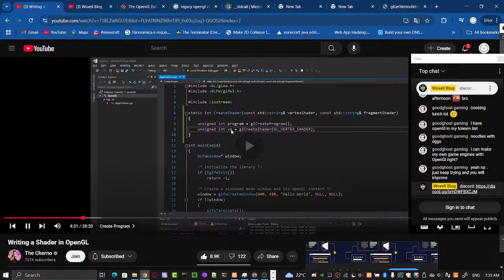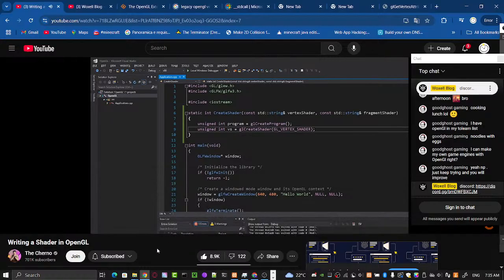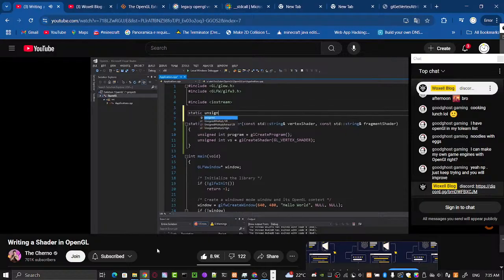The types of shaders differ, but the process of giving OpenGL our source code and all that stuff is actually very, very similar between vertex and fragment shaders. So I'm actually going to just abstract this out into its own function so that I can call that function 2 times and not have a bunch of code duplication. So I'm going to go up here and I'm going to go static unsigned int compile shader,